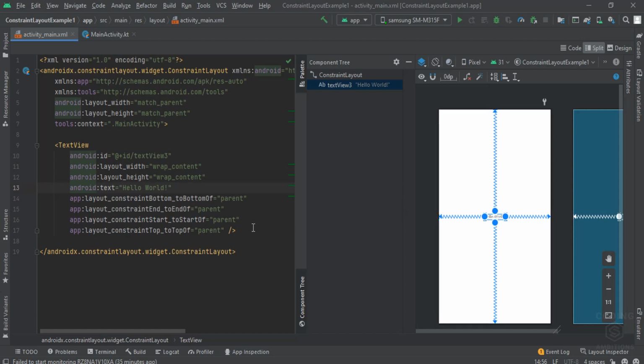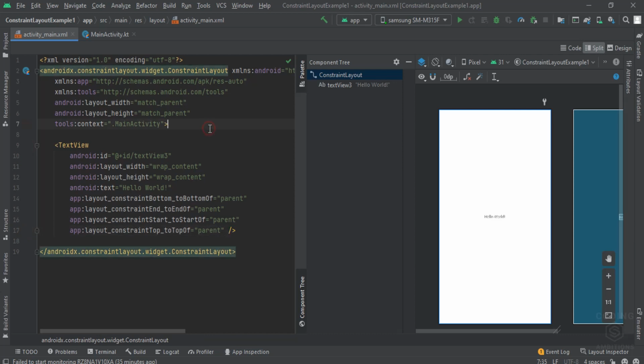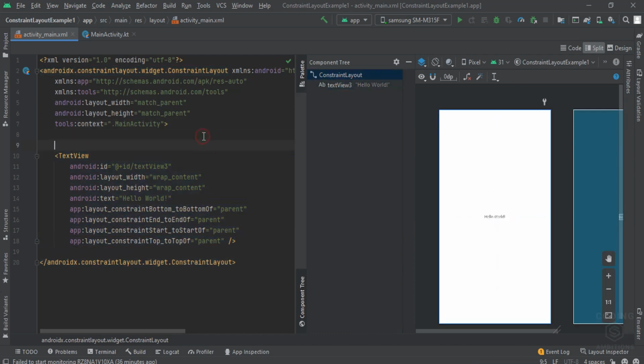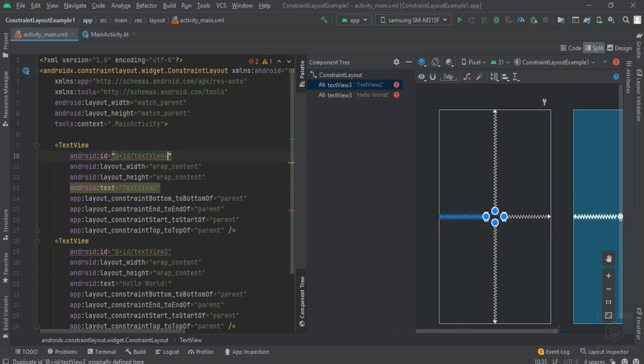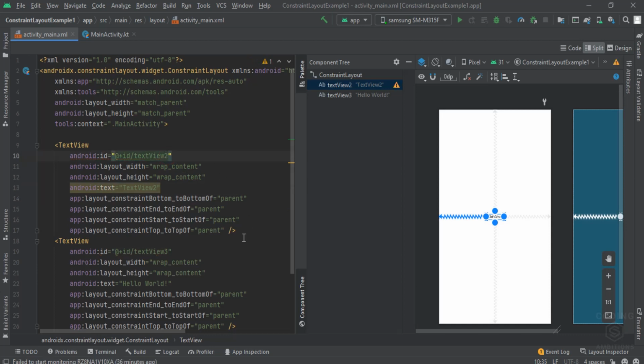And now we come to the third point, that is related to some other view in the hierarchy of its parent. Let's say we copy this one, and add another view here, and let's make it text view 2, with id text view 2.